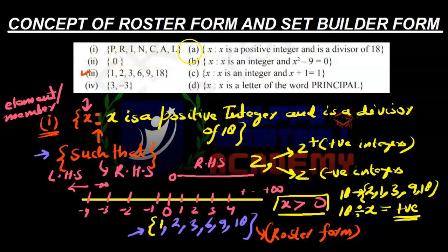The answer of A is 3rd. So let us write the answer of A is 3rd. Now, x is such that x is an integer and x square minus 9 is equal to 0. So it is telling us you have to take the integer. It is not telling exactly whether we need to take a positive integer or a negative integer. It means that, beta, if an integer is given, you can take positive as well as negative integers.